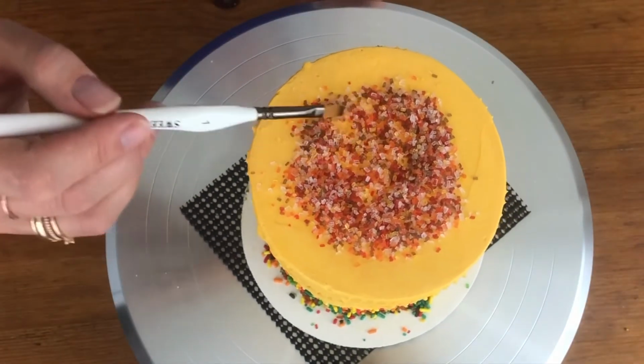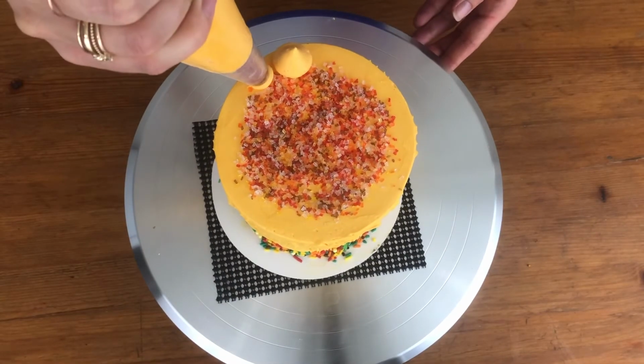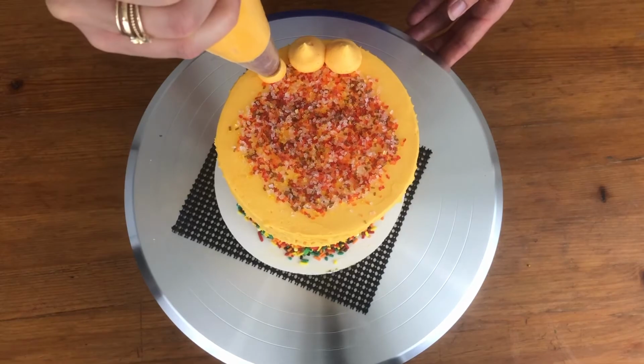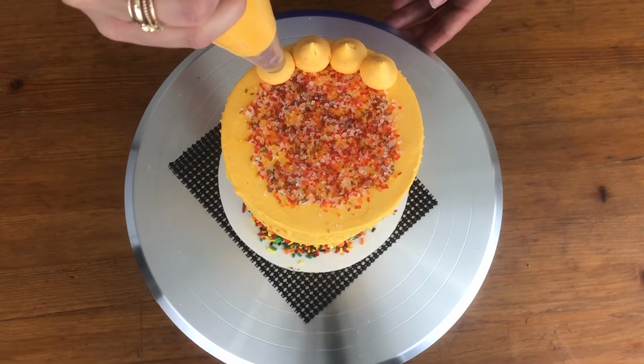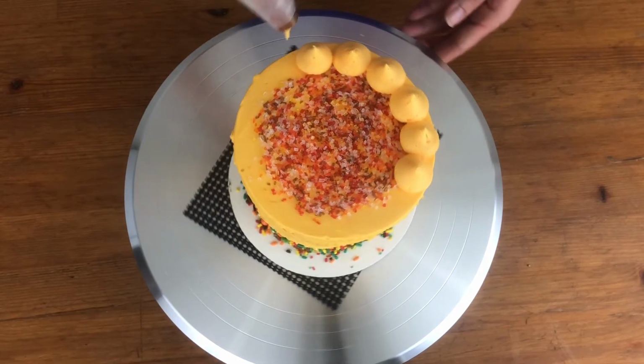I'm leaving a gap around the edge of the cake and then piping little dollops in a ring around the top, using a round tip, a Wilton 1A tip, squeezing the buttercream out of the bag and then releasing the pressure on the bag as I lift it up and away from the cake to leave nice neat peaks on